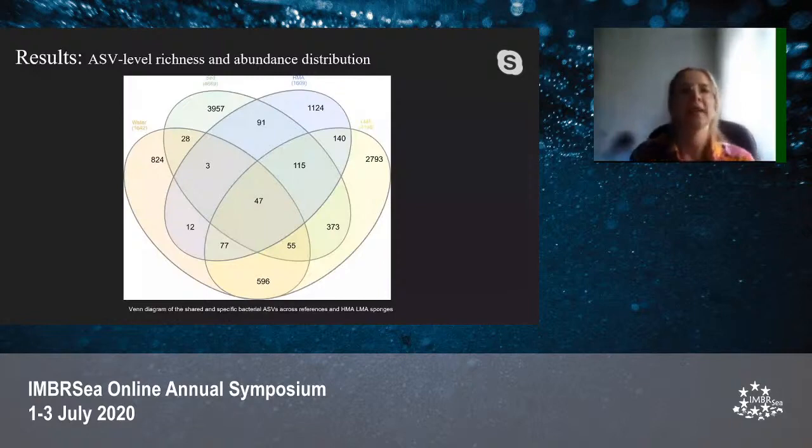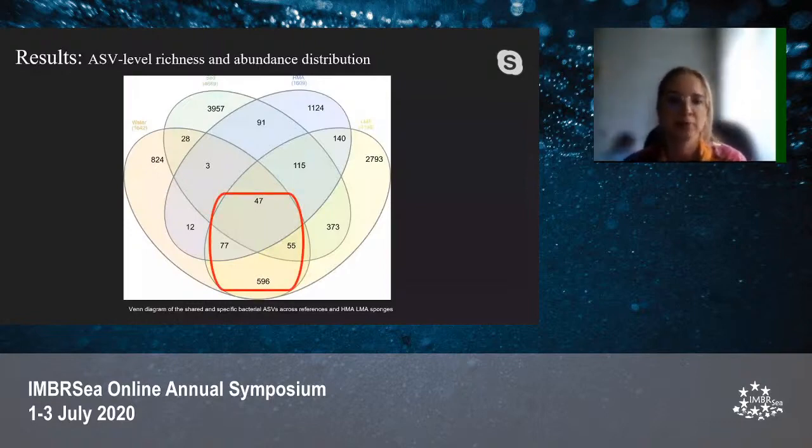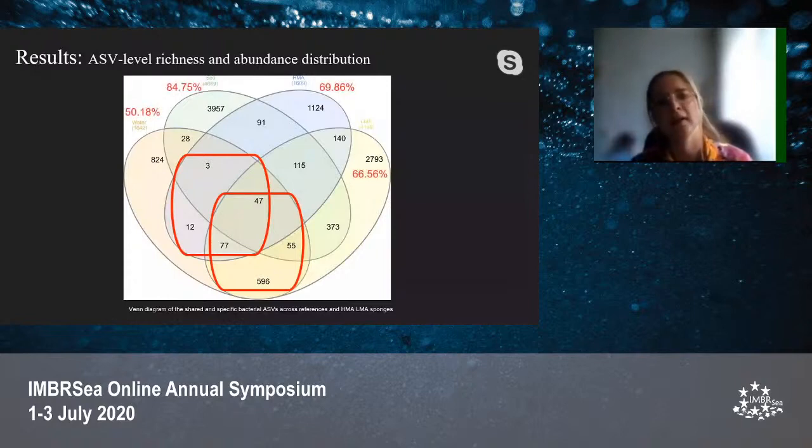Now I want to show you the ASV level richness and abundance distribution. We see that only 47 ASVs out of more than 10,000 ASVs are shared between the references and the sediments. Also interesting to show that LMA sponges share a relatively higher amount of ASVs with water in comparison with the HMA group. In terms of the specific ASVs, we see that water has the lowest fraction of specific ASVs,